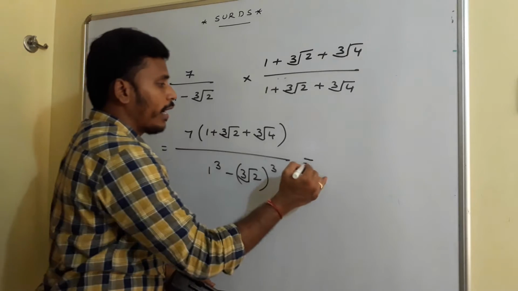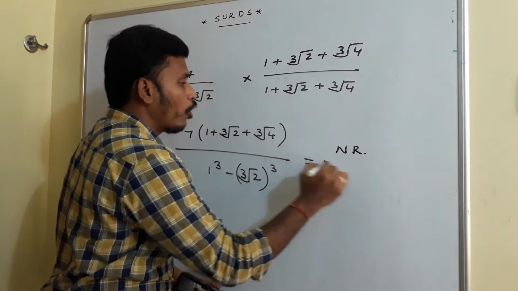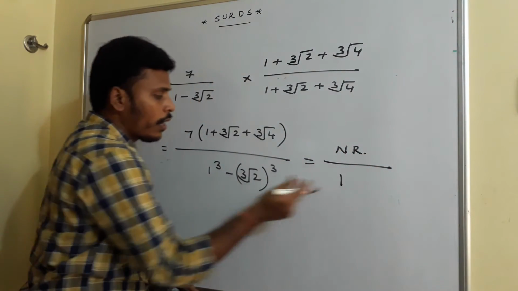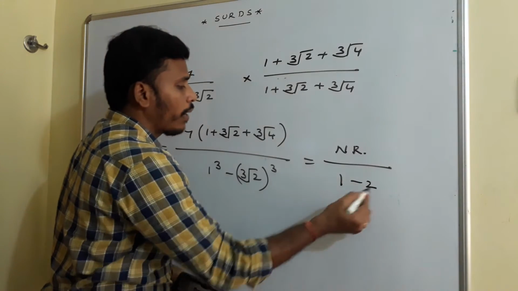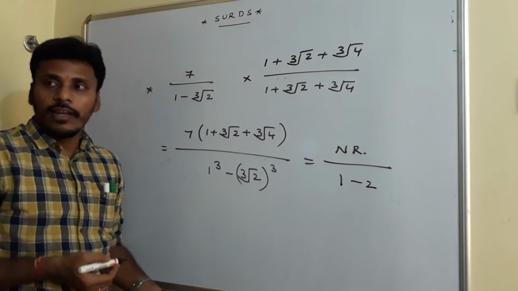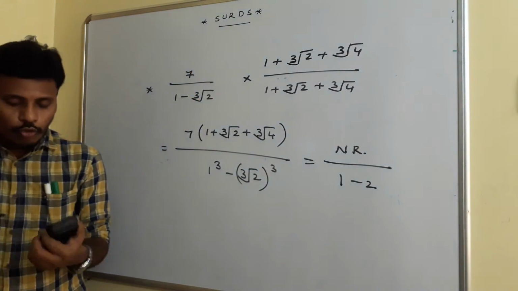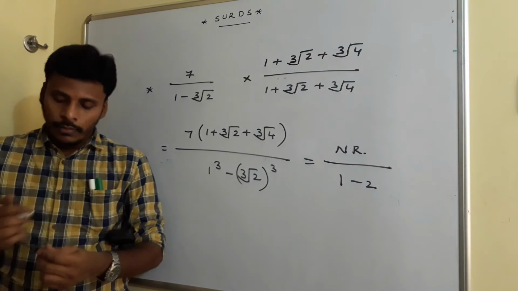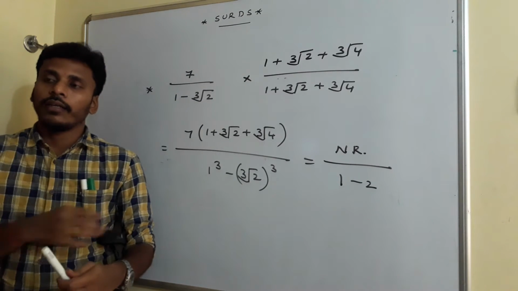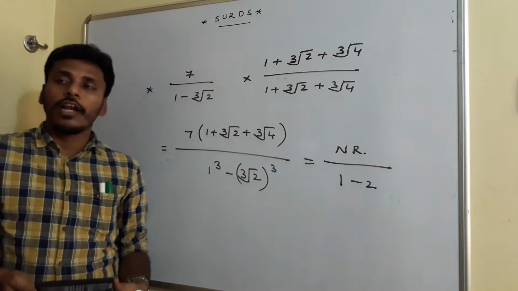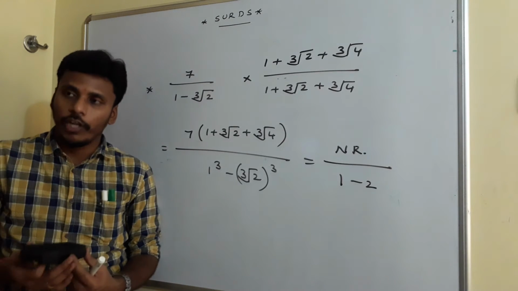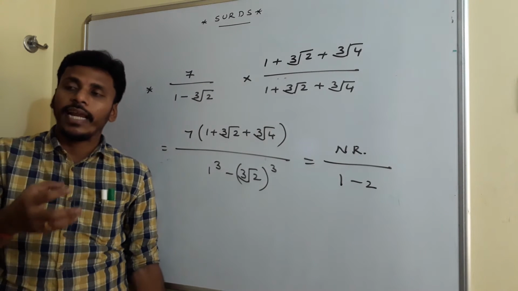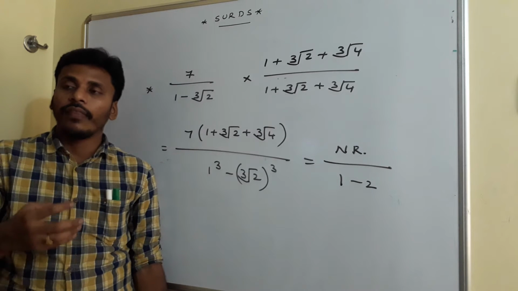Now we have some numerator part, and in the denominator, 1 cube is 1 and cube root 2 cube is 2, 1 minus 2 is minus 1, a rational number. So to rationalize the denominator of a given problem, you need to multiply both numerator and denominator with the rationalizing factor of the denominator. So first of all, you need to get an idea related to the rationalizing factors, and